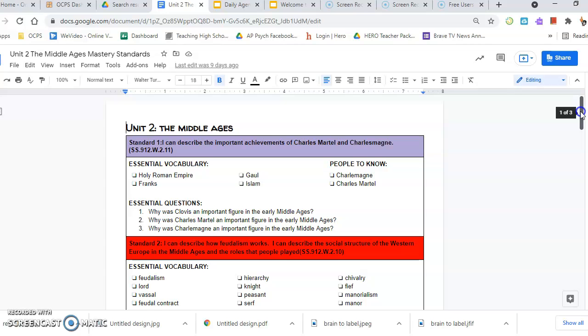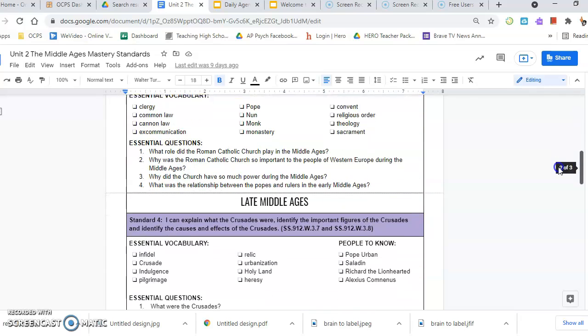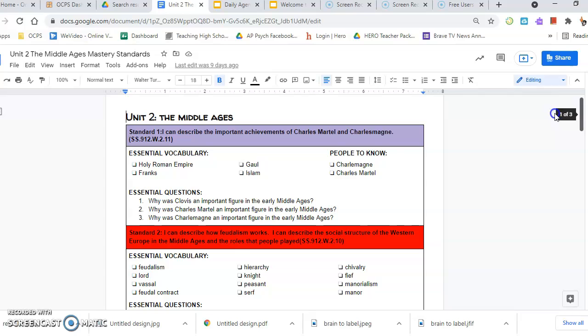You can see this is a huge unit. Middle Ages is 6 different standards. So I actually broke this one into 3 different tests, early Middle Ages and late Middle Ages. And the way it works, every standard is worth 100 points. And on the test, there'll be 10 questions for that standard. And so the kids get a chance to show what they know for each standard.